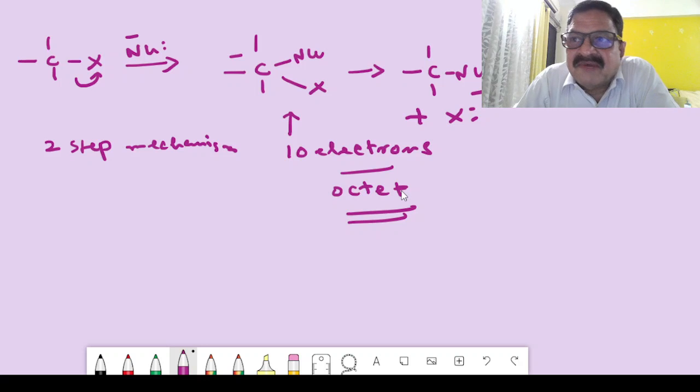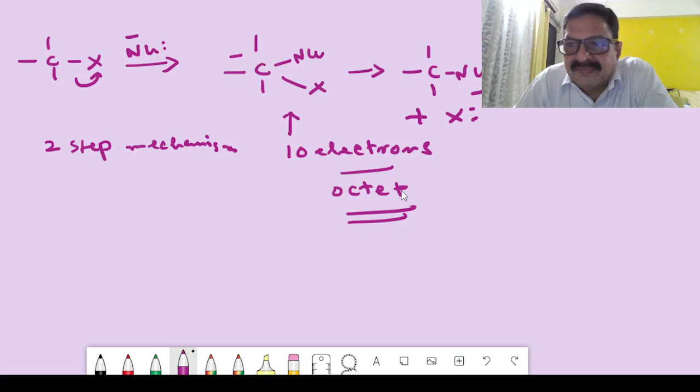The first one is a one-step mechanism where the bond breaking and bond making take place simultaneously. And the second mechanism is a two-step mechanism, in which we get a carbocation intermediate. Two mechanisms for a nucleophilic substitution reaction. Now we can elucidate it from the kinetic data. Because this mechanism has been elucidated from the kinetic data, we are using two different types of